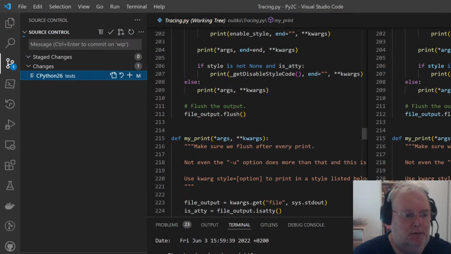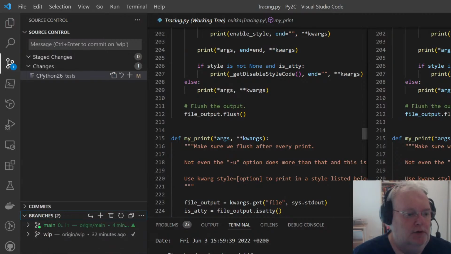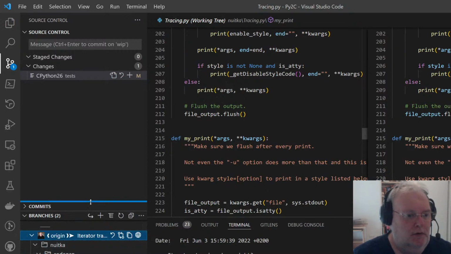Actually, the issue I am debugging here is stray outputs during compilation. Very, very annoying. Anyway, okay, I wanted to show branches. Iterator Tracing. Is this the only one? Yes. Where is it?